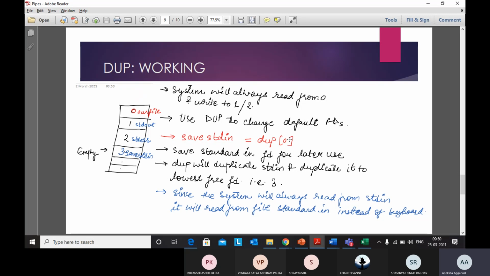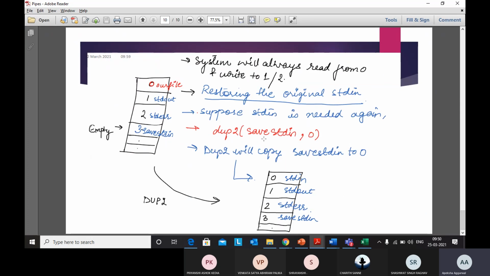You don't tell the system, so it already reassigns the lowest numbered value. While in dup2 you tell save stdin I want it to change back to 0. So now save stdin will change from 3 to 0 again. I hope dup and dup2 are clear.